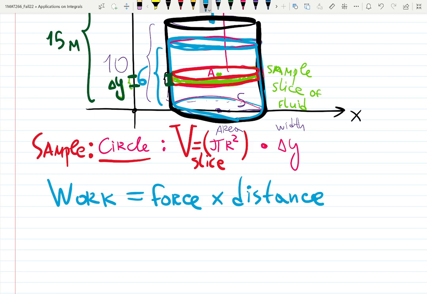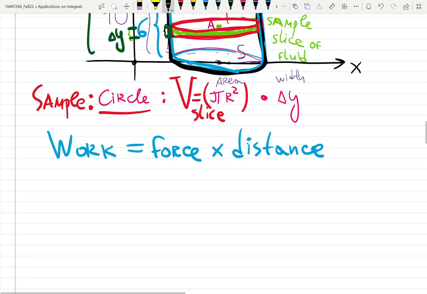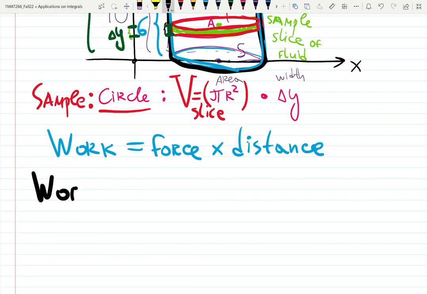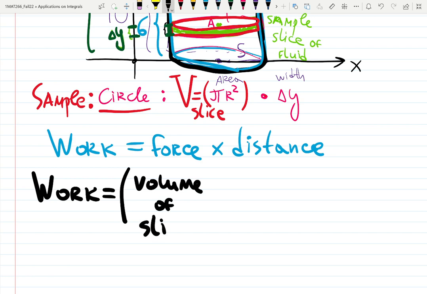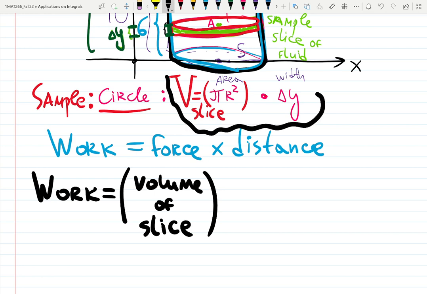So what we're going to do here is, this work will be, this is an important thing to explain, the volume of this slice, and we just agreed on that. The volume of the slice, I will put it in this cute shape, pi r squared times the width of it, thickness of it, whatever it is, delta x times delta y. Now I will multiply by mass